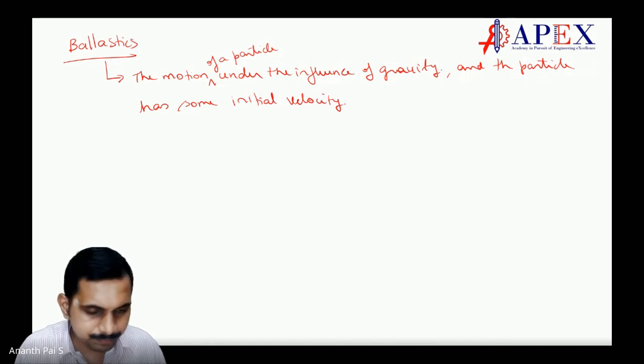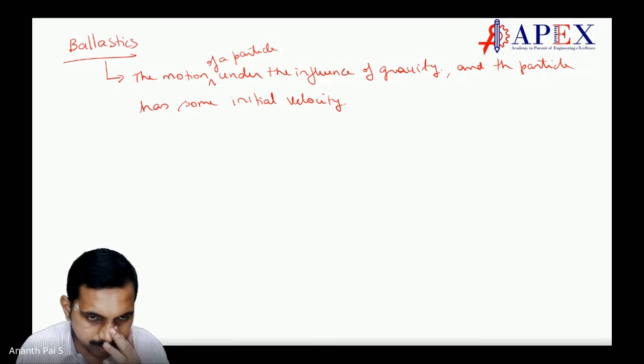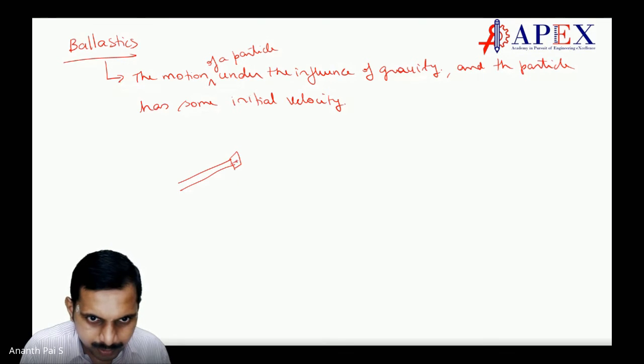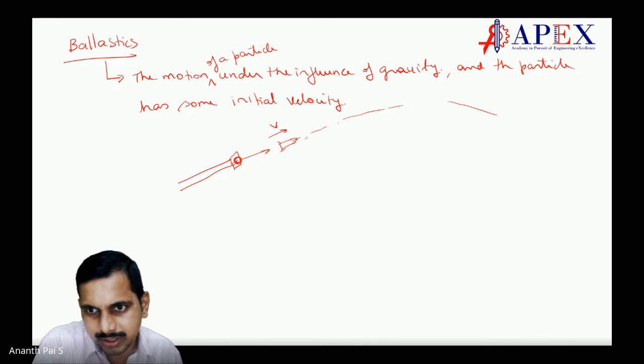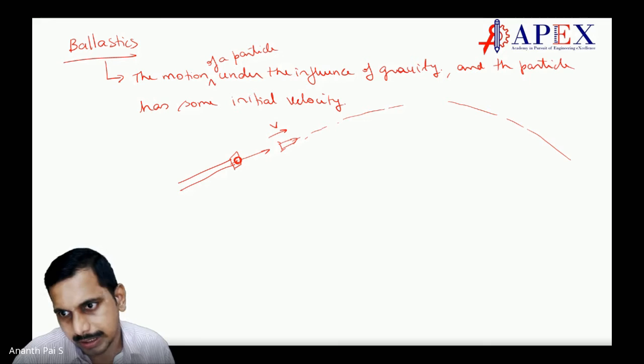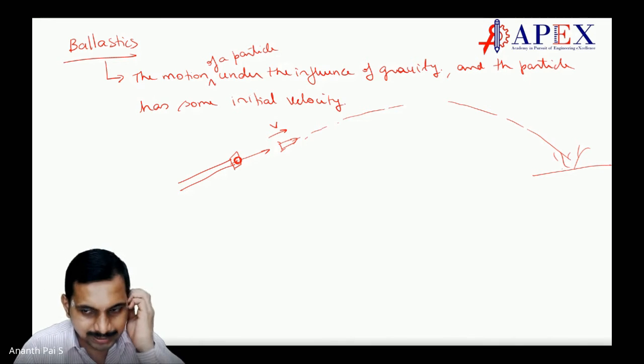An example can be, say you have a Bofors gun, or a howitzer, whatever be the case. It releases a shell, maybe in this fashion or this fashion. Once it is released, it goes with some velocity, and with that velocity it reaches somewhere here and hits. So the same thing, there is an explosion. That kind of thing is ballistic.